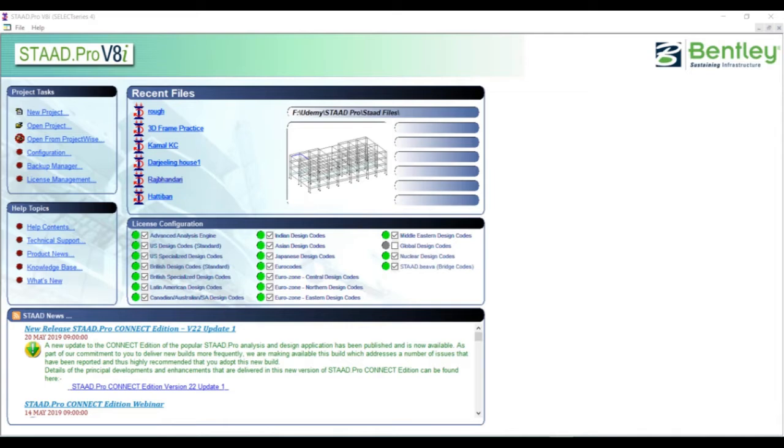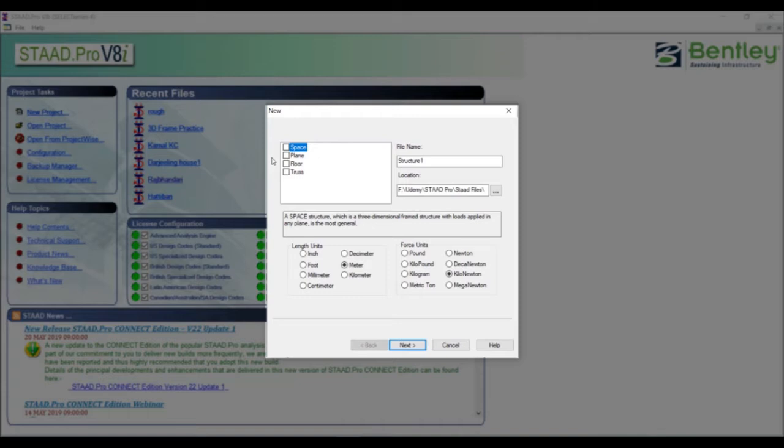Hello friends, in this chapter we will explore the STAAD Pro in a bit more detail, and we will see different aspects of the STAAD Pro that might come in handy in the modeling of any structure. Let us open a new project, and as I've already told you many times, please make the configuration as per your requirement. We will open a new project, so click on new project, and here click on space option, and